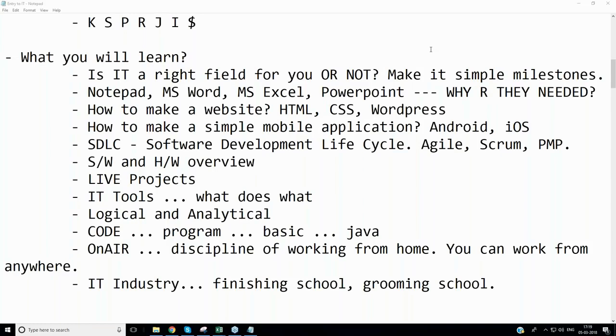Awesome. Thanks, team. Now, what is it that we want to learn? We all know, team, why we are here. We want to learn IT. We want to specialize in one field or two fields. I want to be, let's say, a DevOps engineer, data scientist, artificial intelligence, machine learning, whatever be your field. You want to be in that field, correct?